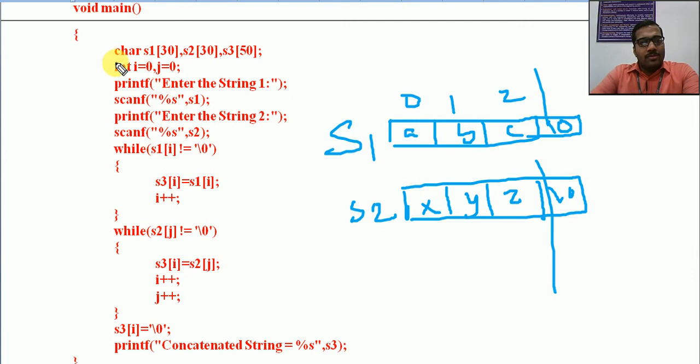Now these are the declarations. S1 is one string, S2 and S3. Now S3, why do we require a third string? Because in this example what we are trying to do is append or combine these two strings and store the result into a third string called S3.